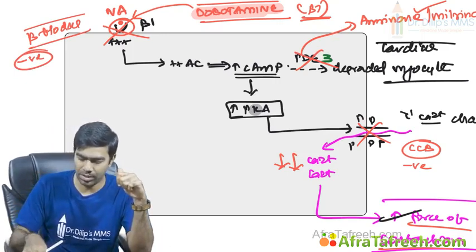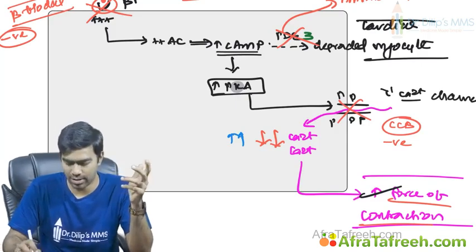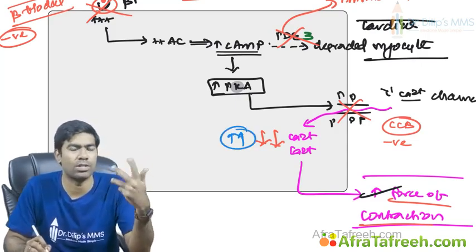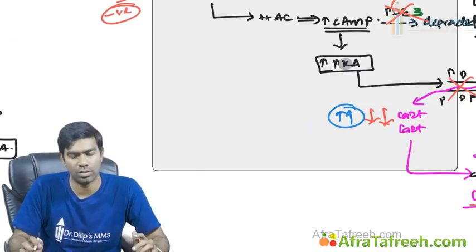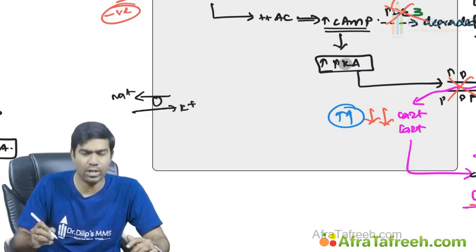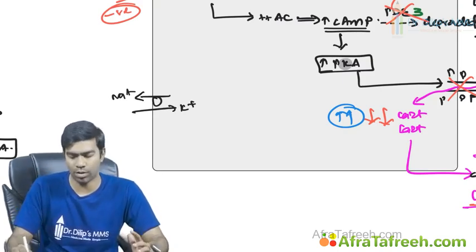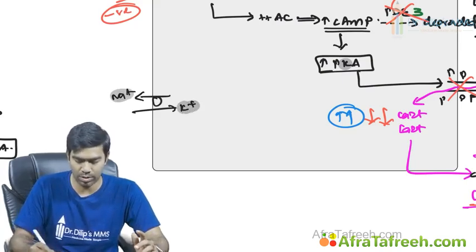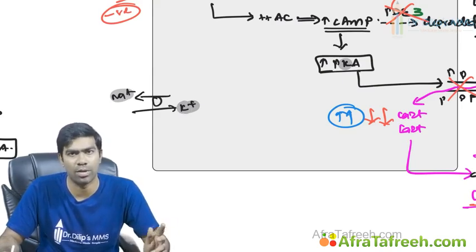At the same time, if you want to increase intracellular calcium by any means, if you increase the intracellular calcium, definitely the force of contraction will improve. And what is the drug that increases intracellular calcium in the heart? Digitalis. How does digitalis or digoxin work? Obviously, there is a protein, a molecule called sodium potassium ATPase, and this is something like a workaholic. It works 24/7. It pushes sodium to the outside and potassium to the inside in the ratio of 3:2. Clear? 3:2 is the coupling ratio of sodium potassium ATPase.